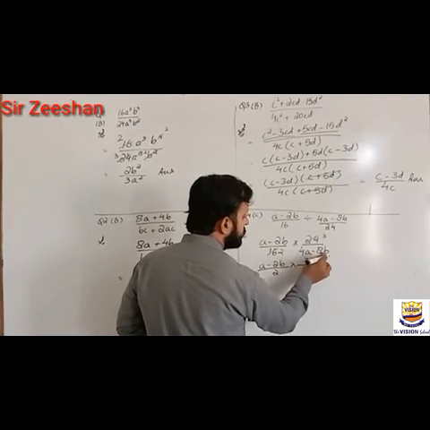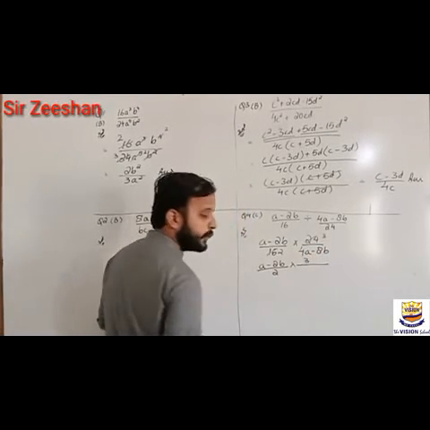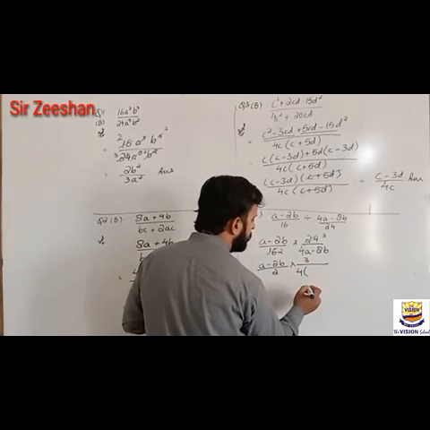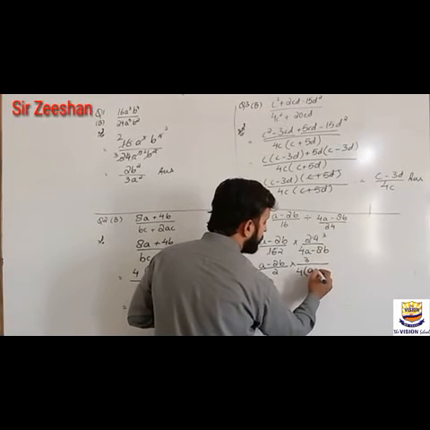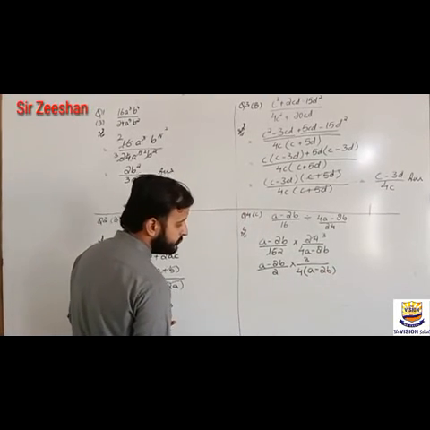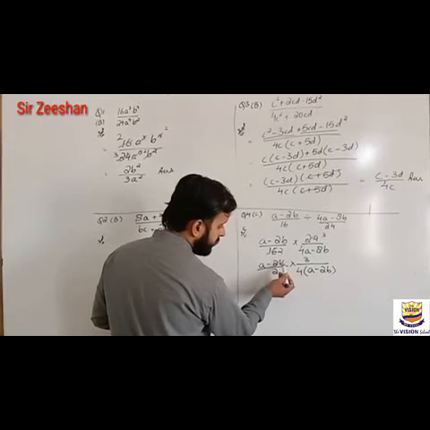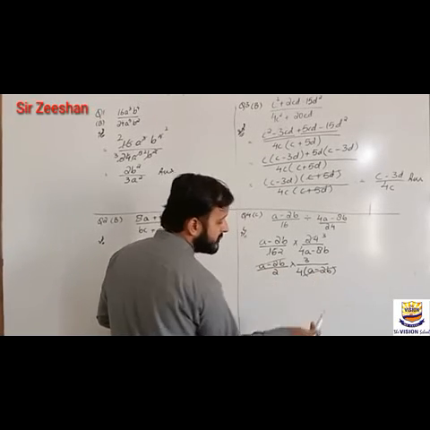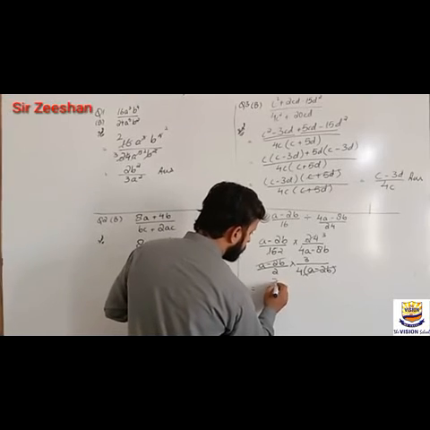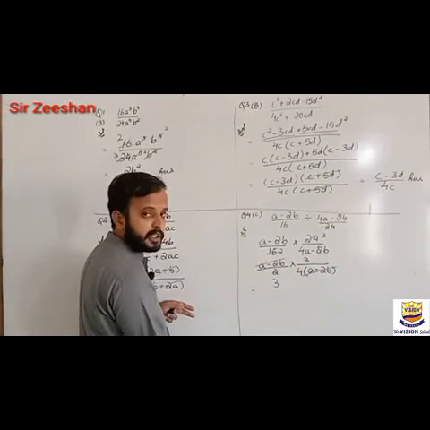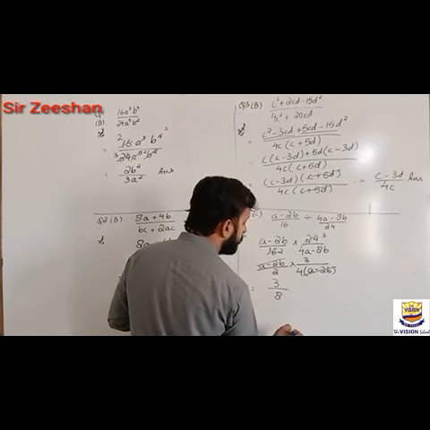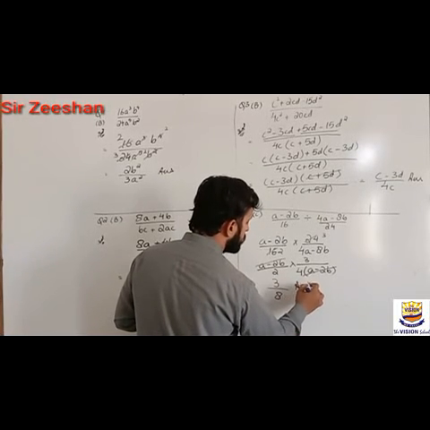Let's take common from these two. As you can see here, we can take 4 as common. So we took 4 as common, and inside it will remain a minus, 4 2s are 8, and b. Now as you can see here, we have this thing and this thing common and we cancel it. Okay, now what's the next step? This will be 3 upon, numerator will multiply numerator and denominator will multiply denominator. So 2 4s are 8. 3 upon 8, and this is our answer.